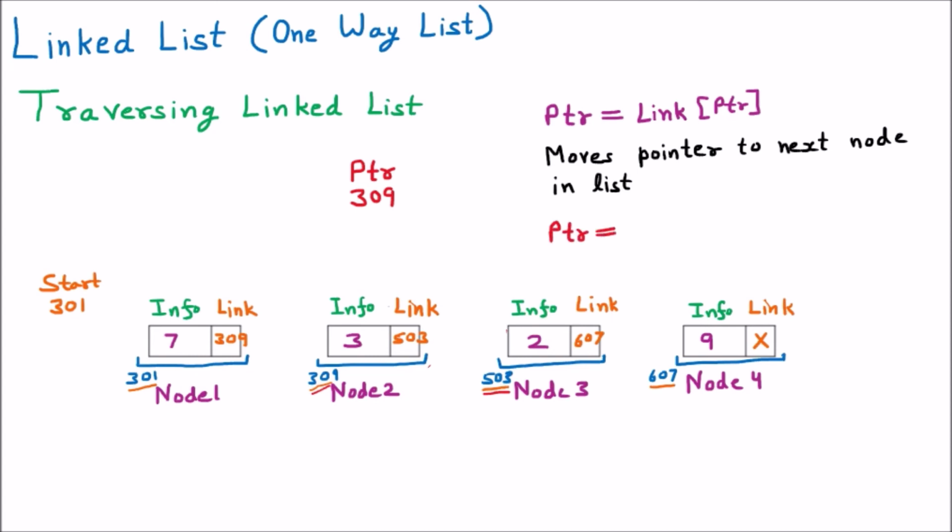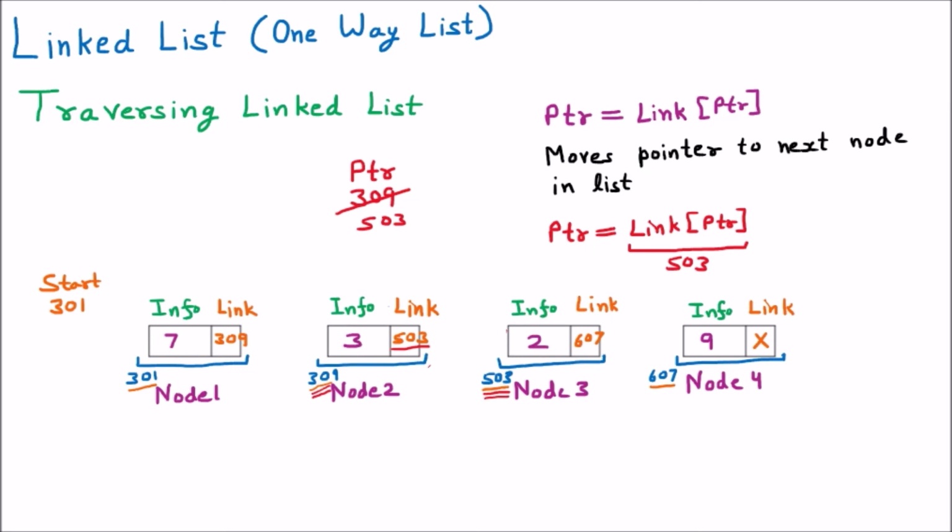That's why we are executing a line which says PTR = link PTR, where PTR is a pointer variable. Now understand where PTR actually is. PTR is actually on 309, node 2. Node 2's link part is 503. So this whole term, link PTR, is indicating 503. So what is the new value of the pointer? The new value of the pointer is 503. So here the value is modified, which is 503. That means now the PTR is pointing to this particular 503.